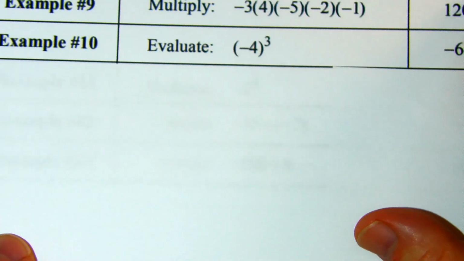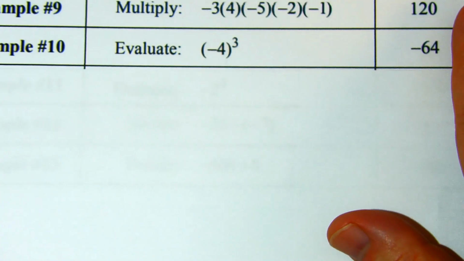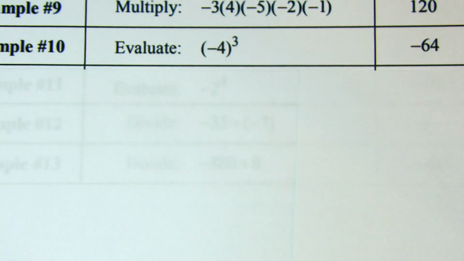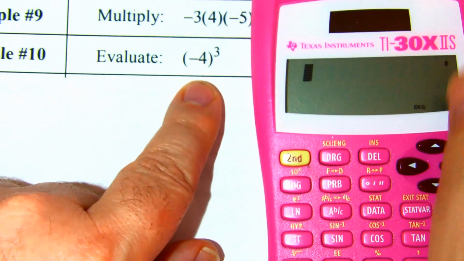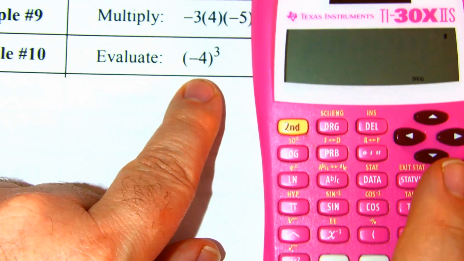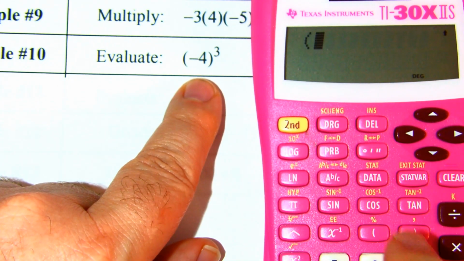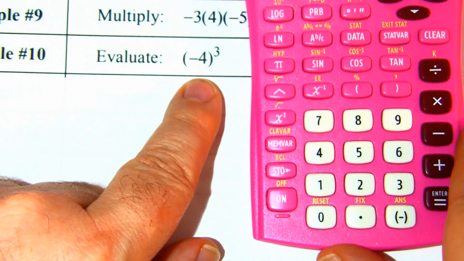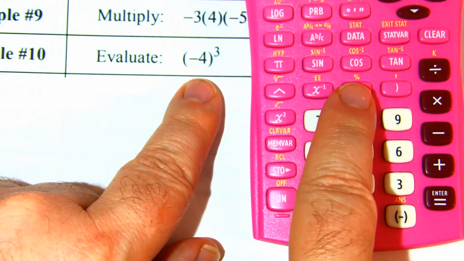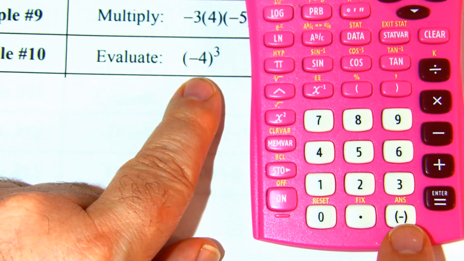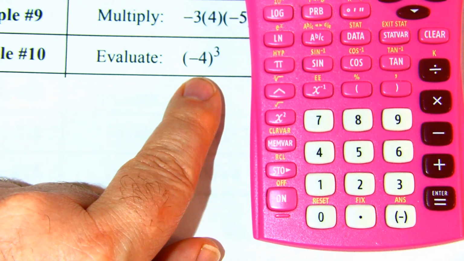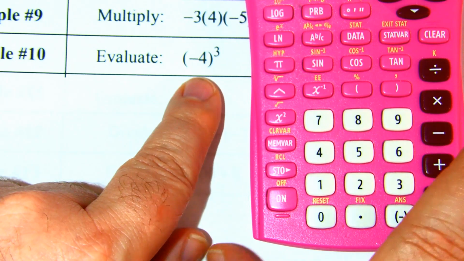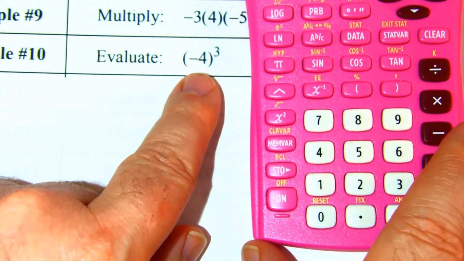And we've started to talk about exponents. Let's take a look at typing this one in. I've got a negative 4 that's in parentheses, so let me put that in parentheses. Open, put the negative button, and actually let me just show you what I typed. I open the parentheses as usual with that button, and I'm typing my negative 4, so I hit this button, and then the 4, and then I close the parentheses. I know you can't see the display. I'll slide it down in a second. But now I have to raise it to the third